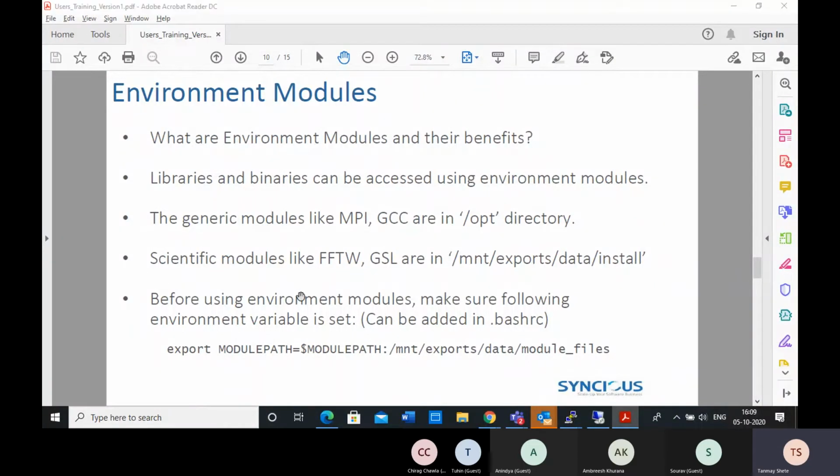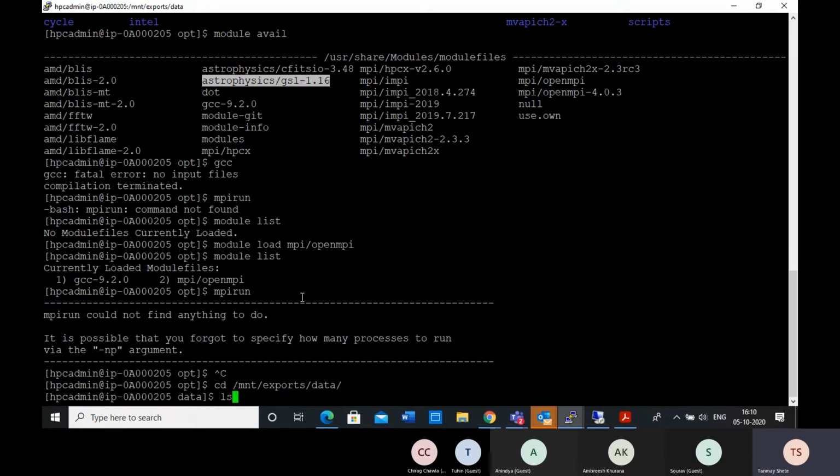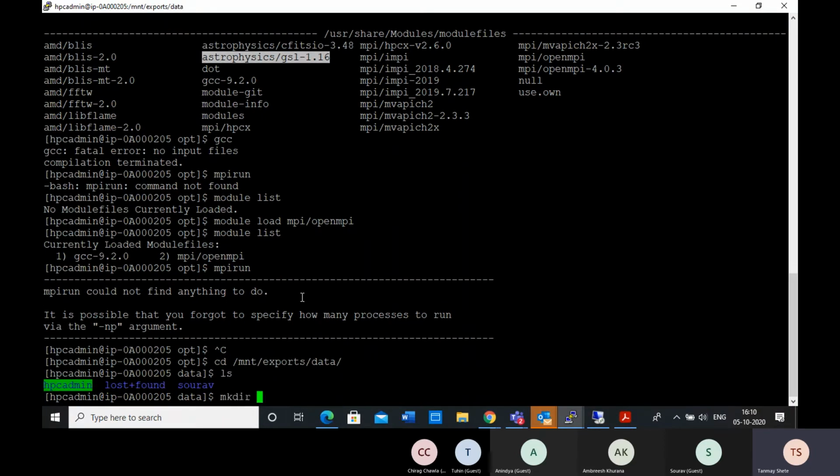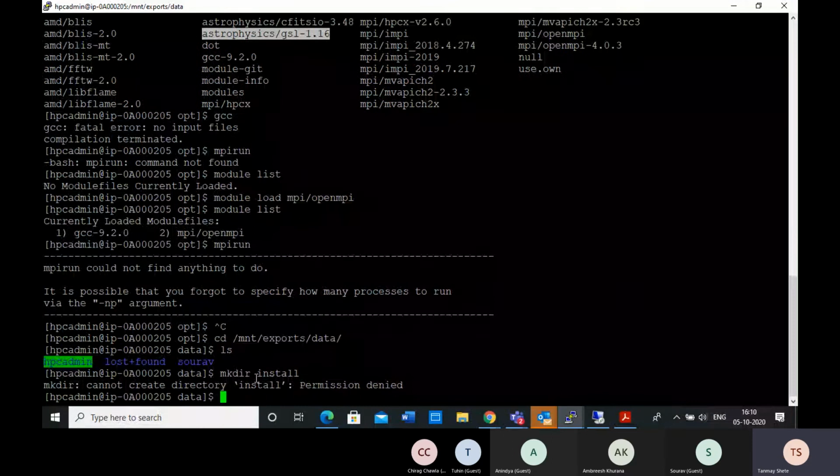Then there is one more option actually. Instead of changing an image, which many times is a lot of work, what we can do is, in /mnt/exports/data, create one more directory called install. Right now I don't have permission to, I don't know why.